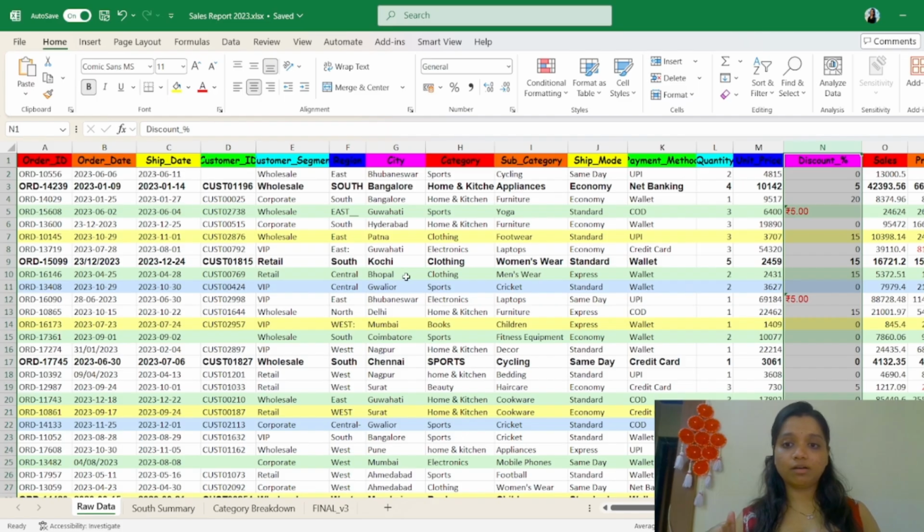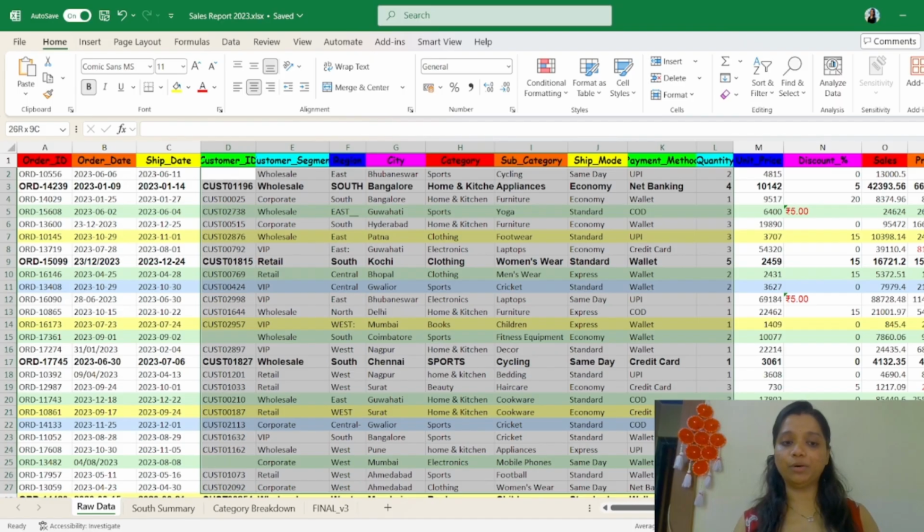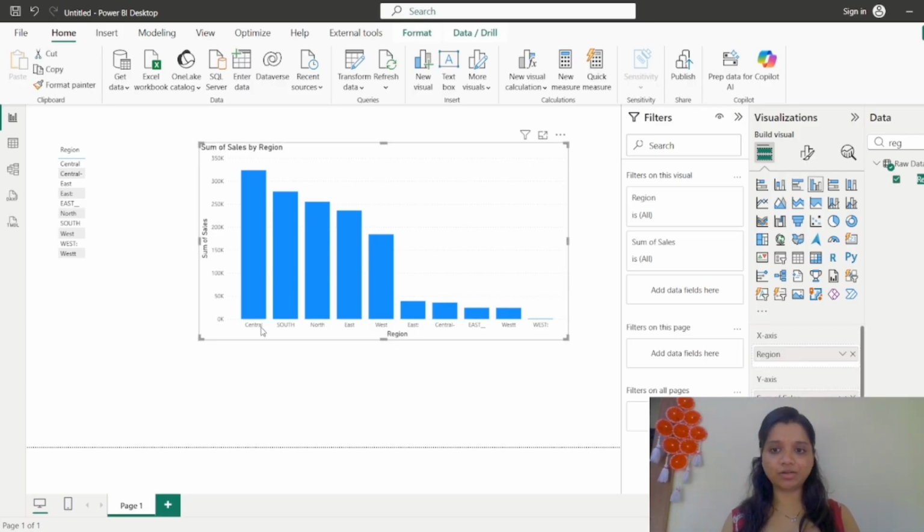To give you a glimpse of how it will look if I just directly import it into Power BI, let me show you. So I've loaded the same Excel file that we just saw into Power BI and created a sample bar chart here. We looked at the region column and we saw that there were multiple versions of the same region name. For example, here we have East and East with suffixes as well. So we expected this region column to have only 5 rows, but it clearly has more than 5 rows because of the various typos. So this is what happens when you load that file directly into Power BI.